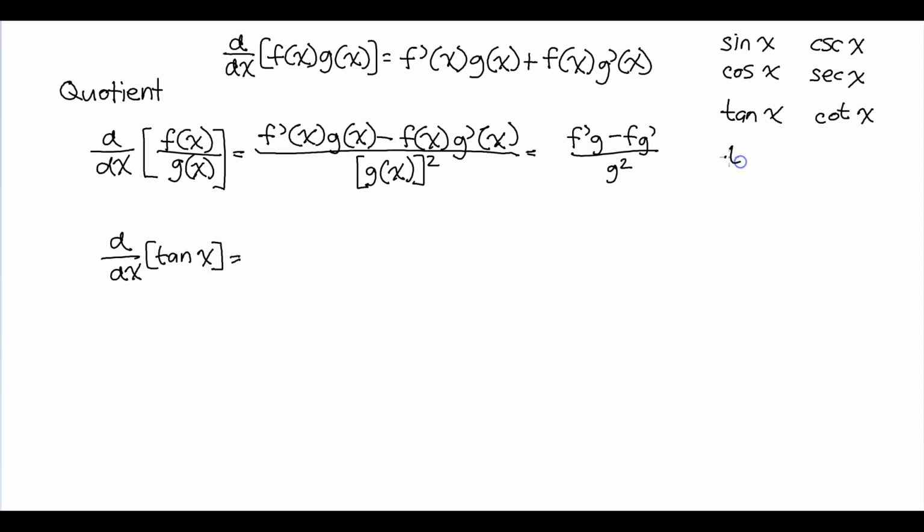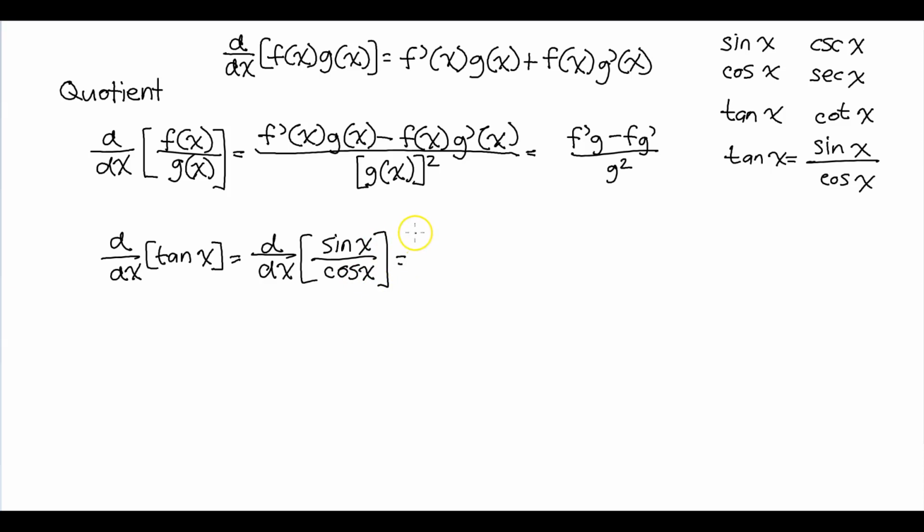well, tangent of x, remember trig, is sine of x over cosine of x. So you can rewrite this as the derivative of sine of x over cosine of x. And we know the derivatives of both of these, so we can apply the quotient rule. So f prime, the derivative of the top function, is cosine x, times the bottom function, g of x, so that's cosine x again,